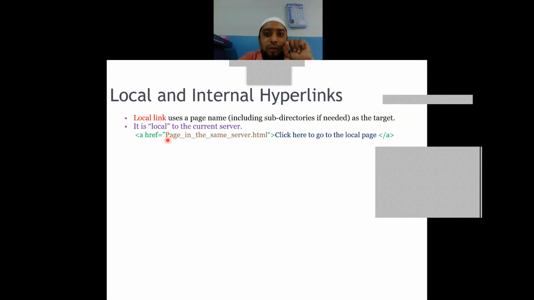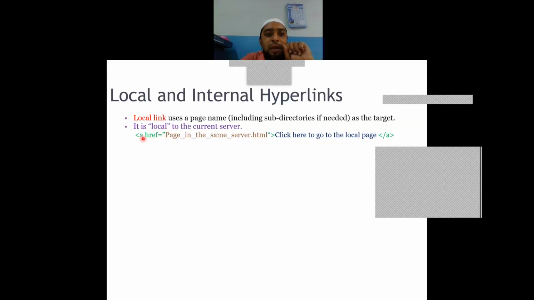By default, we prefer to mention the entire path. That entire path is called the absolute path. Do remember there are two types of path: one is a relative path, another is an absolute path. We mainly prefer the absolute path to be mentioned, but sometimes a relative path may also be used.